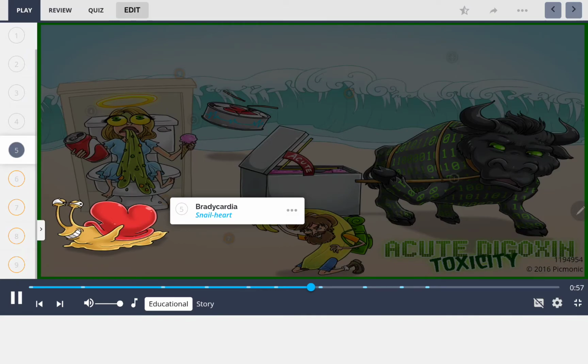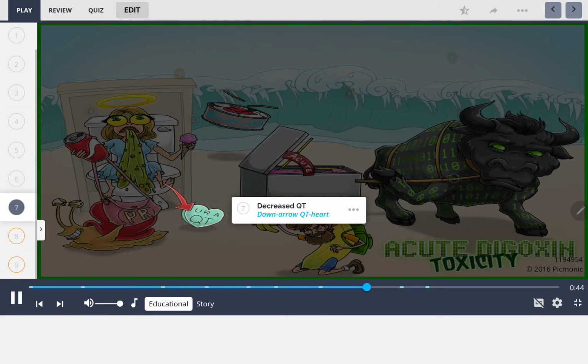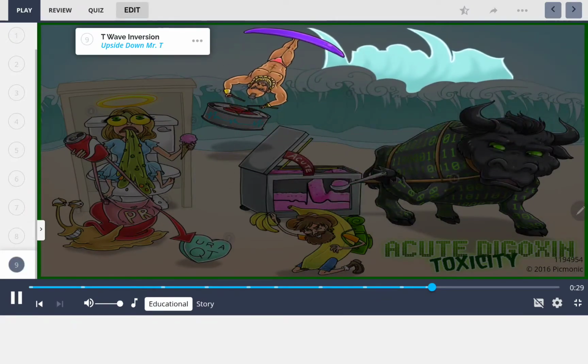These effects on the heart cause EKG changes, like PR interval prolongation, which is specifically associated with digoxin toxicity and is portrayed by the prolonged or stretched Prada purse. Another EKG finding to remember is decreased QT interval, shown by the QT heart on the ground with a down arrow. Further EKG manifestations can include scooping, portrayed here by the large ice cream scoop, and T-wave inversion, portrayed by